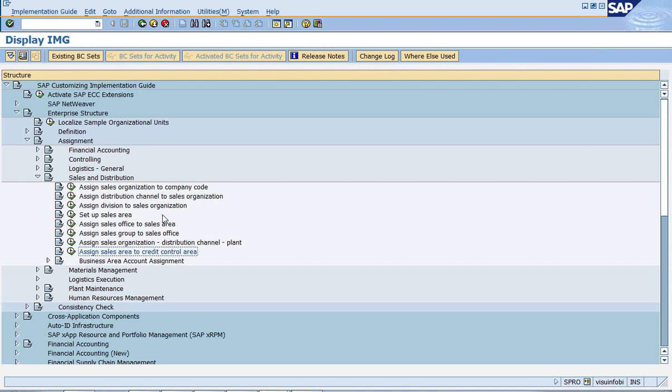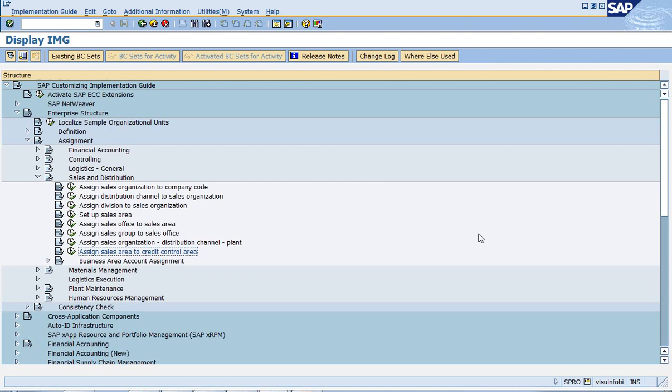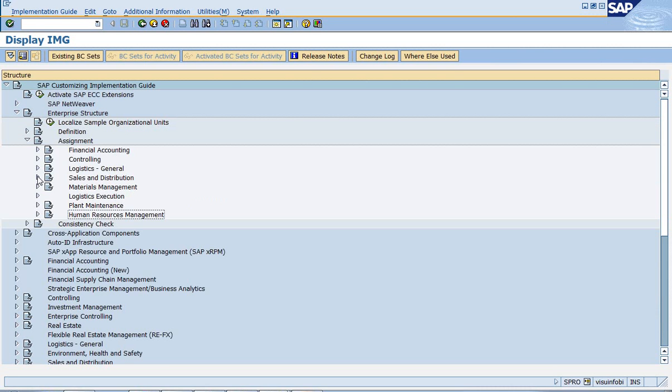And that's it. This is a kind of interview question. As a fresher, if you get into the market, they are going to ask you what kind of assignments you are going to perform. Just go in a sequential manner. Say all the steps you are seeing over here, step by step. That's more than enough. Is that clear? So that's all we need to perform in our sales and distribution.